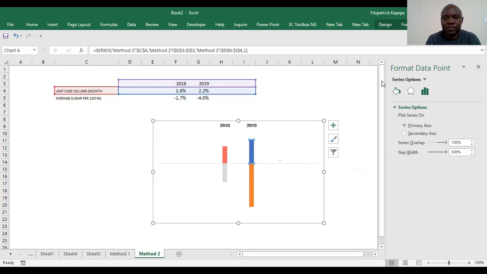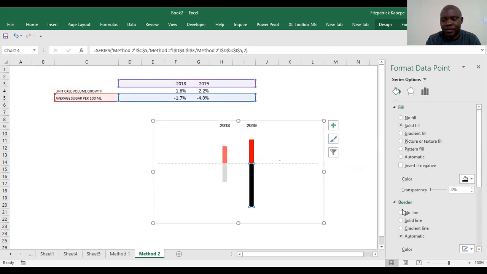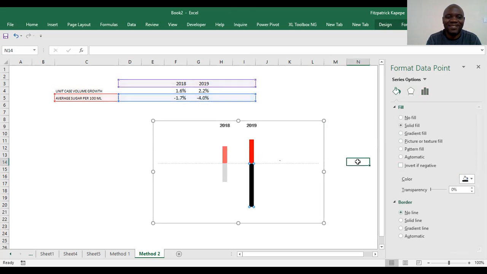And here, proper red. There, proper black. Method 2 looks